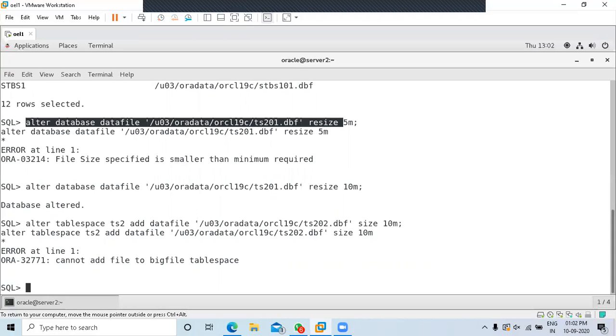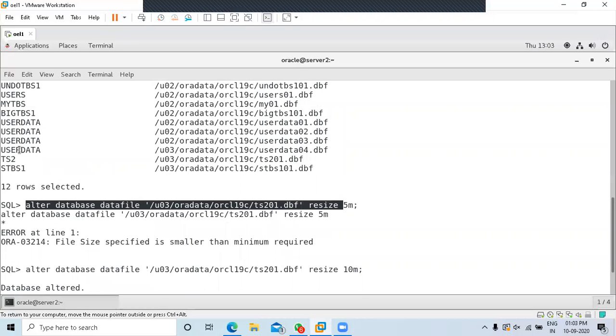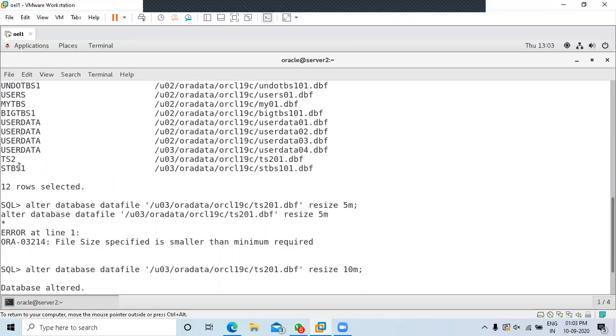then let's go ahead and create a user. What is this? Oh, it's a bigfile tablespace. Cannot add to a bigfile tablespace. I did not know that this was a bigfile tablespace. A bigfile tablespace cannot have multiple data files.